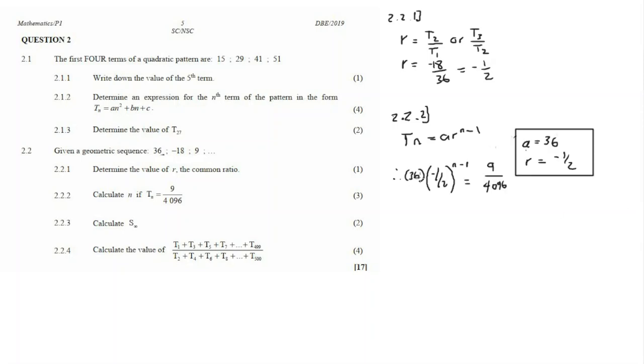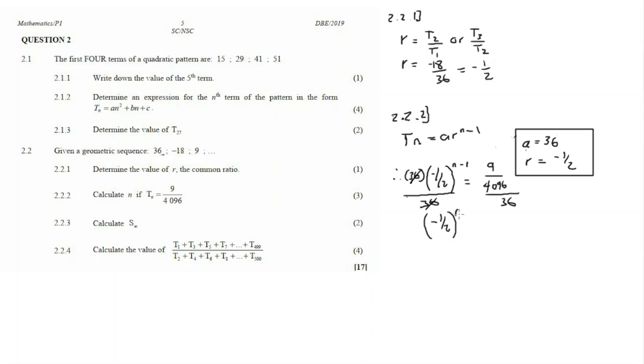So I have a is 36, r is negative 1 over 2 raised to exponent n minus 1, equal to tn, which is 9 over 4096. We substituted a and r, and tn is given as 9 over 4096. So now we divide both sides by 36. The 36 cancels, and we are left with negative 1 over 2